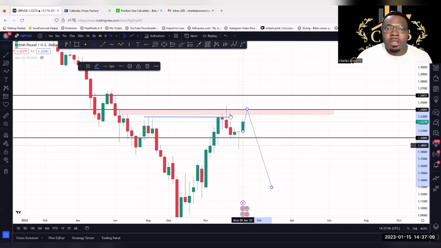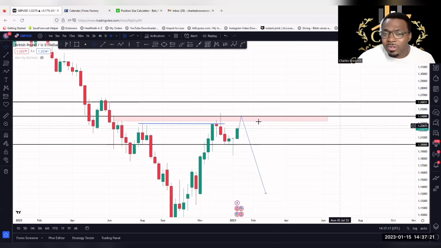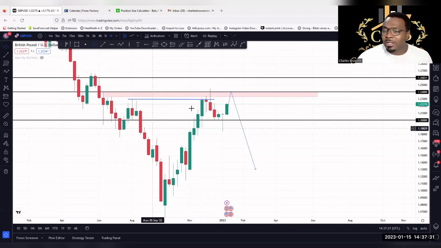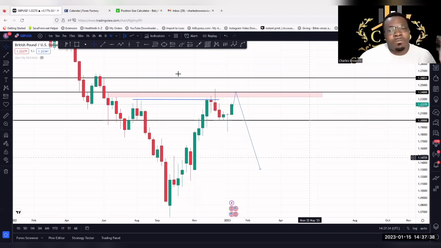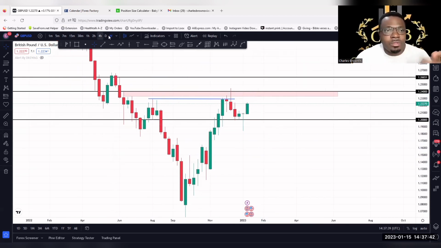Structure may happen because we had multiple rejections from here before. So the market needs to break this high and break above that to be able to head to 1.2600. But if it's not breaking 1.2400, we will not be expecting price to go above that to 1.2600. Therefore, we might have a fake break of market structure here, and then the market might begin to create a lower high to create a lower low. Now, let's go to the daily time frame to look at this more clearly.